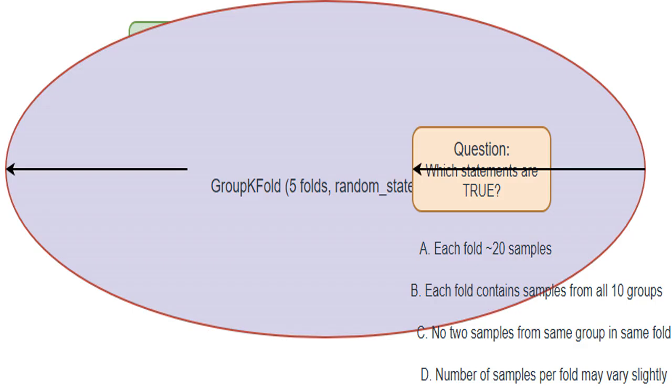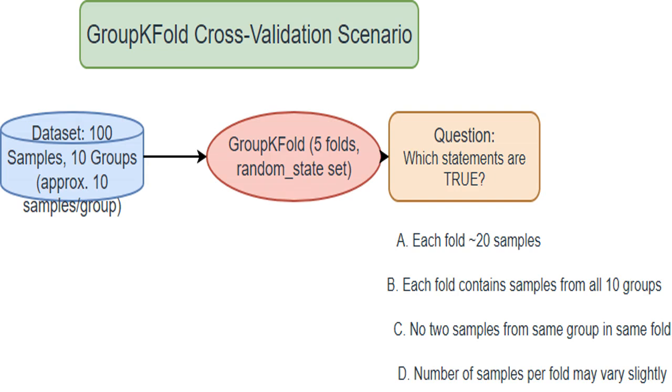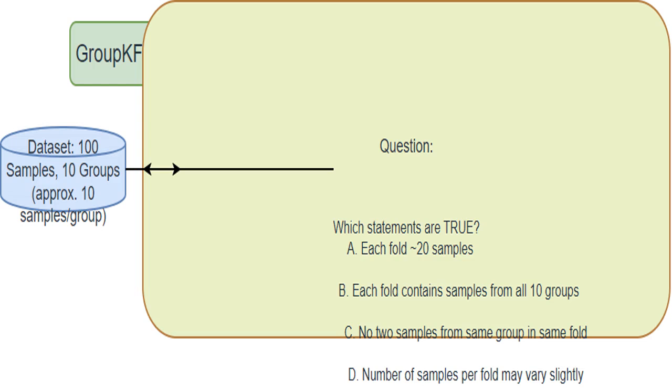This question asks us to identify which statements are true about our folds created using GroupKFold. This is just the title, indicating we're dealing with a cross-validation problem using the GroupKFold method. This suggests each fold would ideally contain about 20 samples, 100 total samples, 5 folds. However, this is not guaranteed with GroupKFold because it prioritizes keeping groups intact, even if it means folds are not